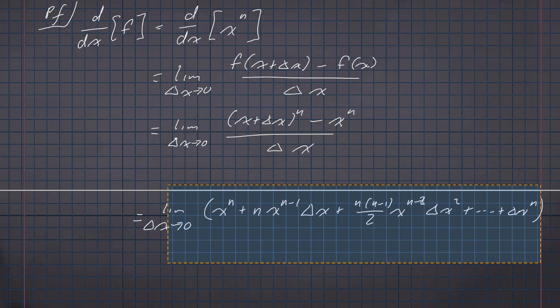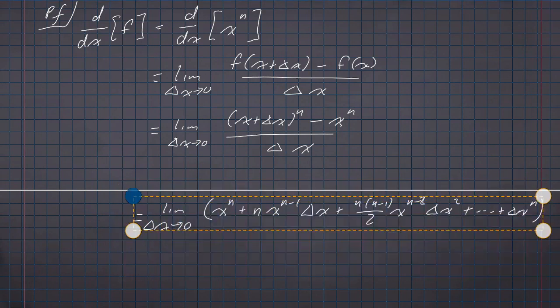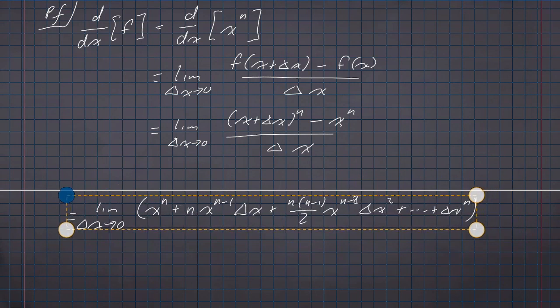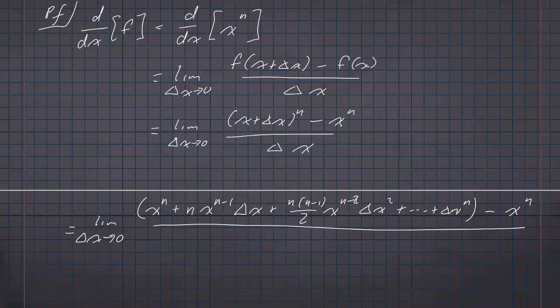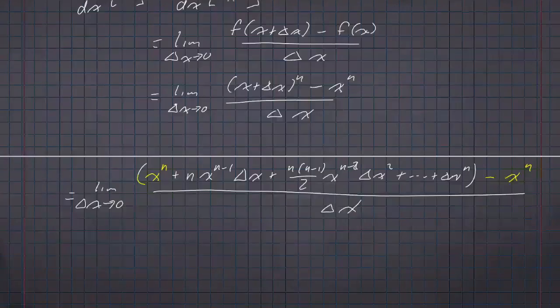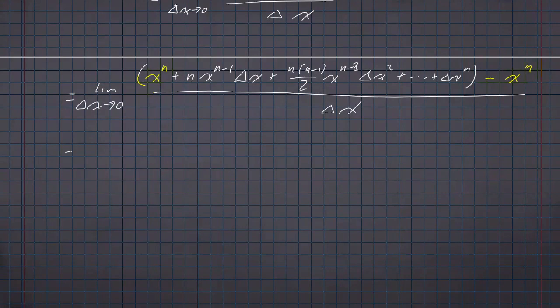I'm a little bit low on space here. Nope. Let's try that again. There we go. Let's slide that over a bit so I can finish writing this expression out, because that's just x plus delta x raised to the n power. I still have minus x to the n, and I still have all of this over delta x. Notice here that I have an x to the n and I have a minus x to the n. Those things will cancel each other out, simplifying a little bit so that I have the limit as delta x